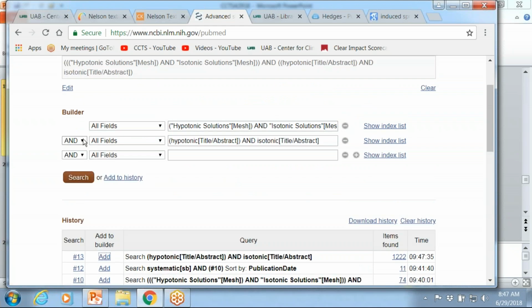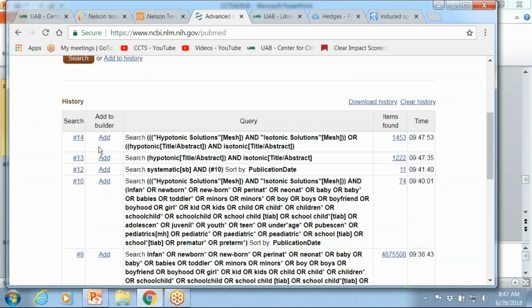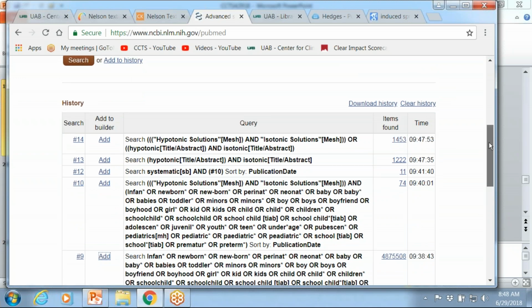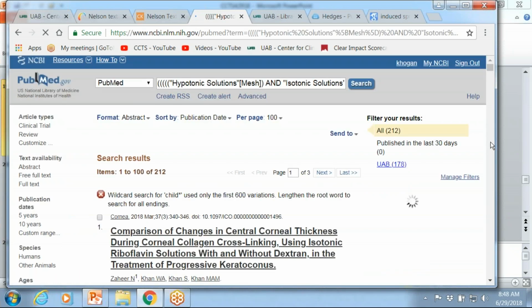I'm adding those to the builder and changing the Boolean operator to OR, add that to the history, and then I'm going to add in my pediatrics.